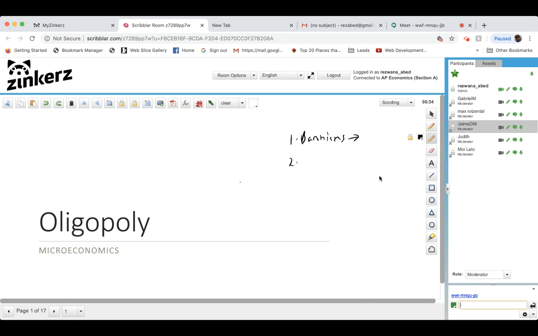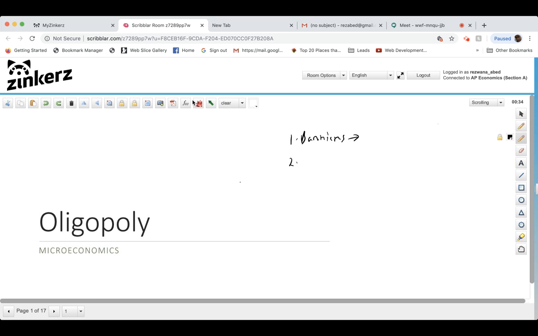There are a few large firms. Good. Yeah, so that was one of the key characteristics: few large firms that sort of dominate the industry. We said that they were top heavy. So three or four large firms will have a good percentage of the market share in terms of products, production, and also sales. And then we said that there were really good barriers to entry, so it's not impossible, but very difficult to enter this kind of market.